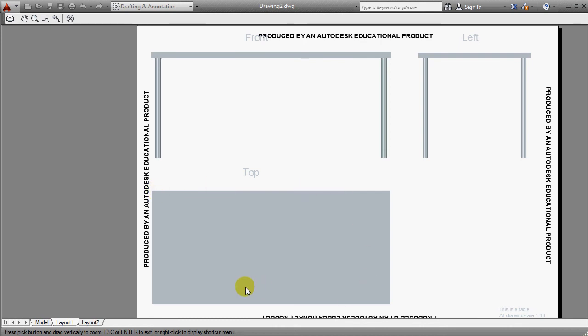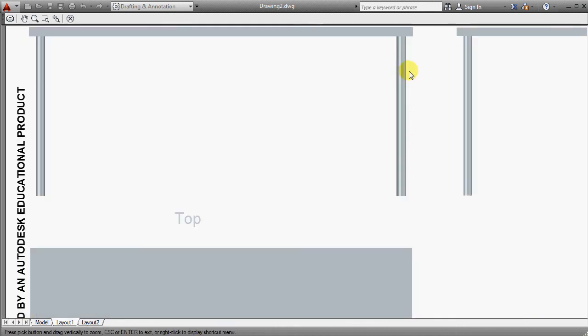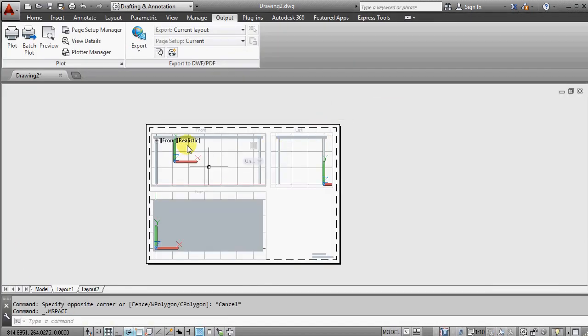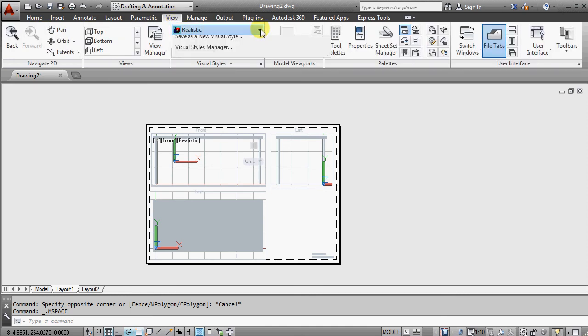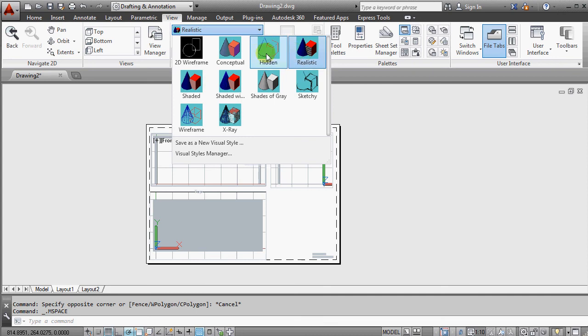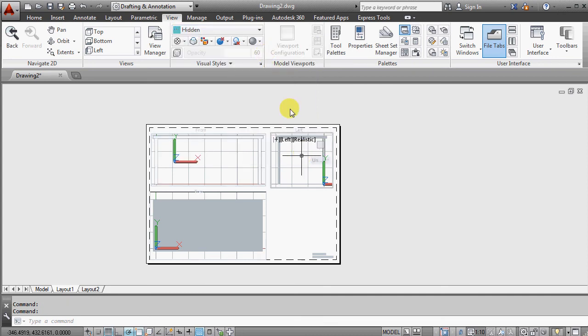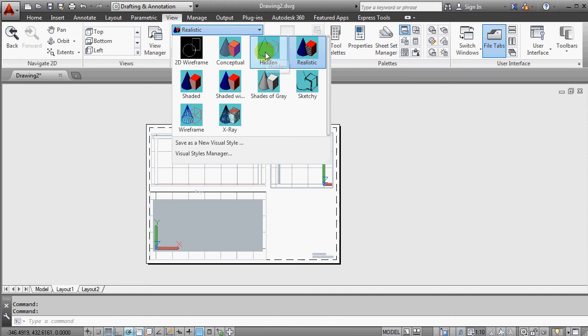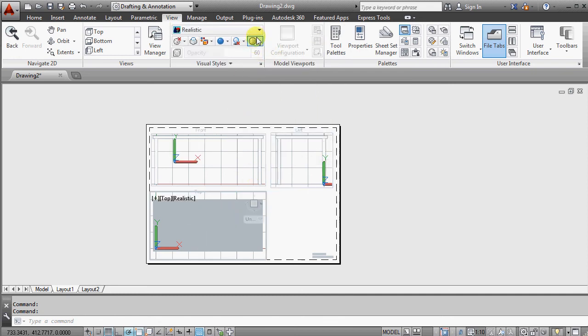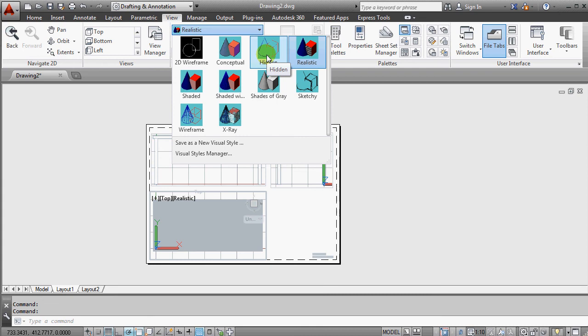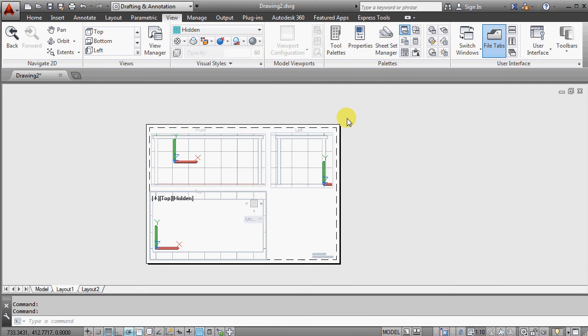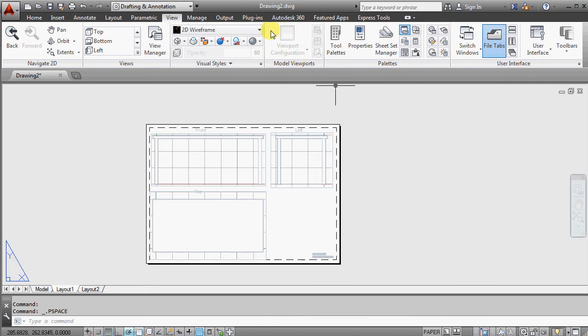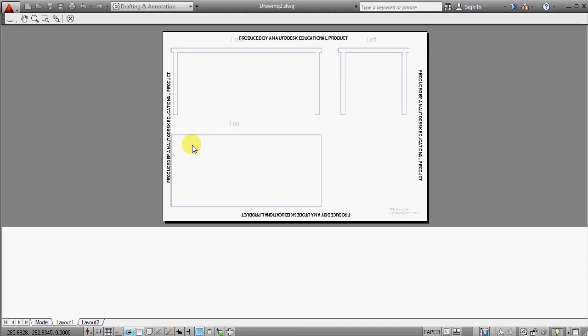But actually I would like to have line drawings, not those shaded surfaces. So I could double click here, and then I could go to view, and instead of realistic I choose hidden. I click here, I choose here hidden, and I click here and I choose hidden. Hidden means we see outlines but not surfaces. And then I double click outside and I go to output and preview, and now